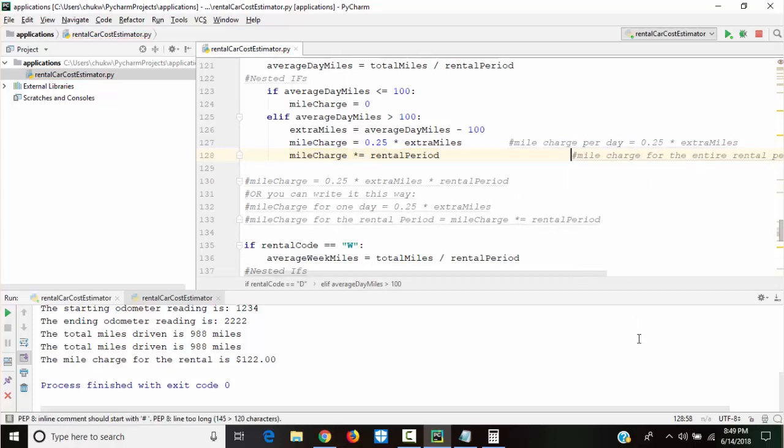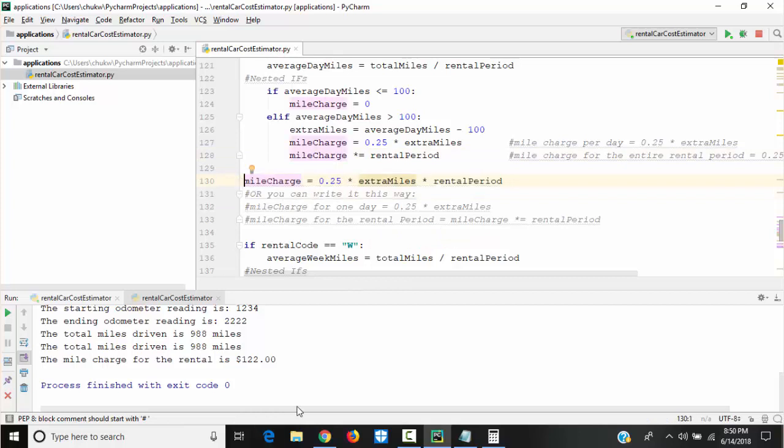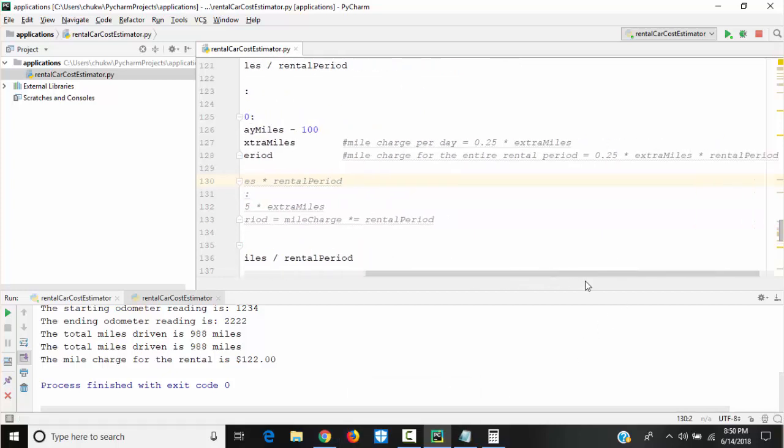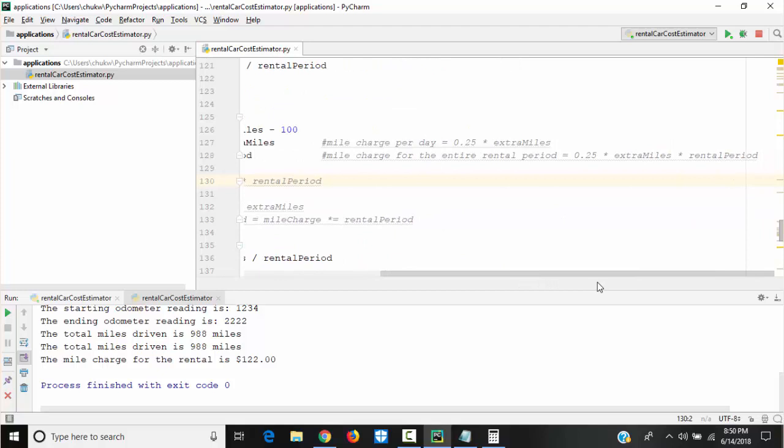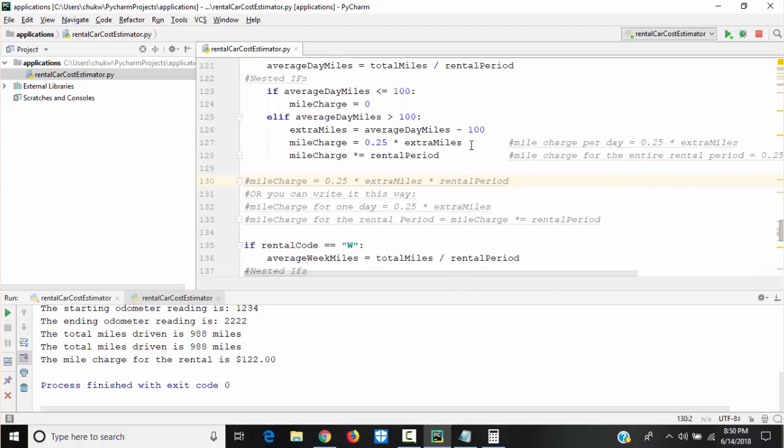Okay, so I want to explain what I just wrote. That's another way you can write it. You could write it like this: 0.25 times extraMiles times rental period. This is the one we wrote. But if you want mileCharge for the entire period, because this is mileCharge per day, what you could do is write it this way.